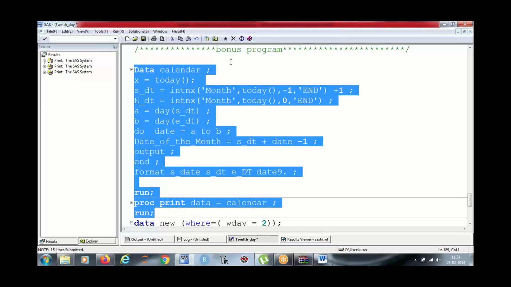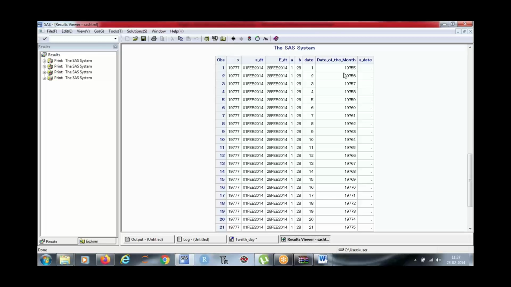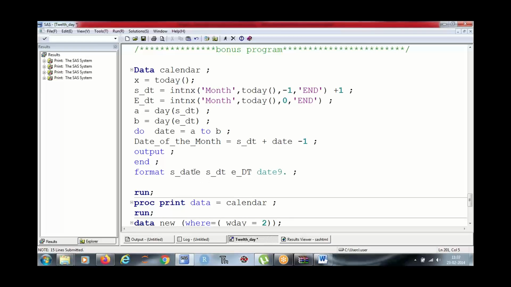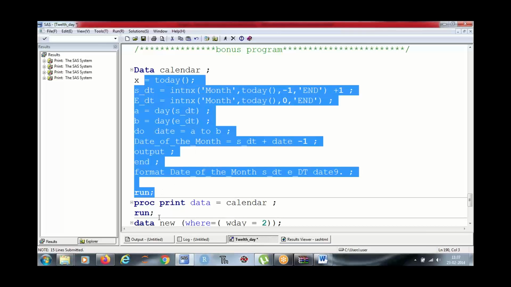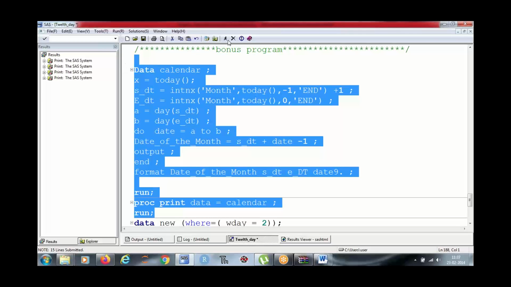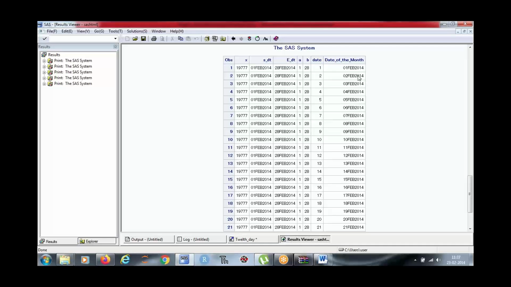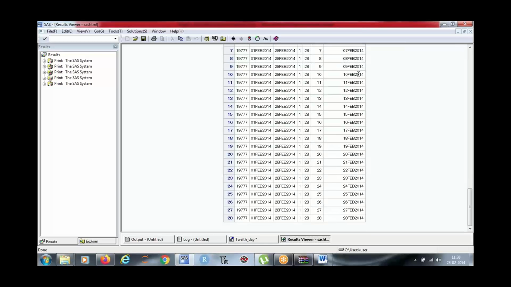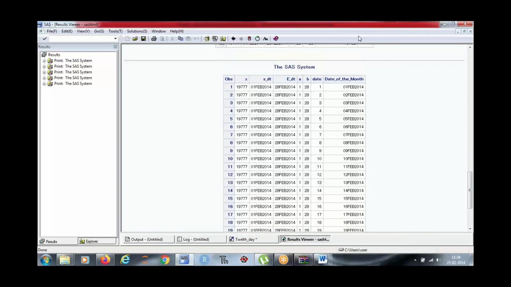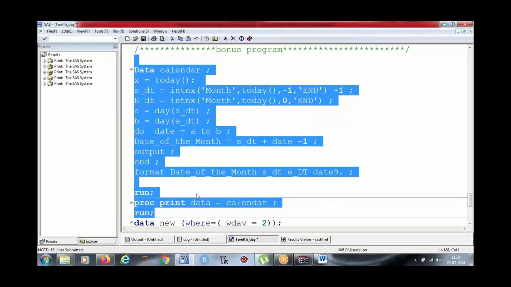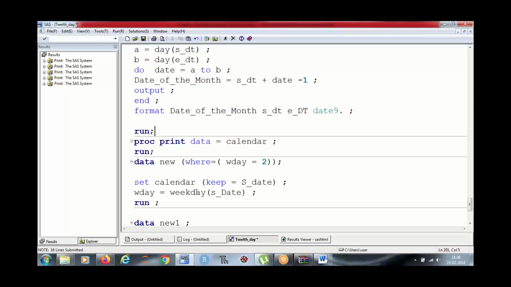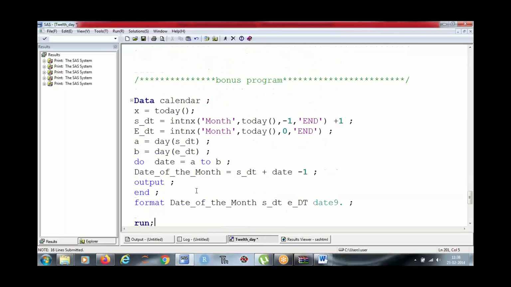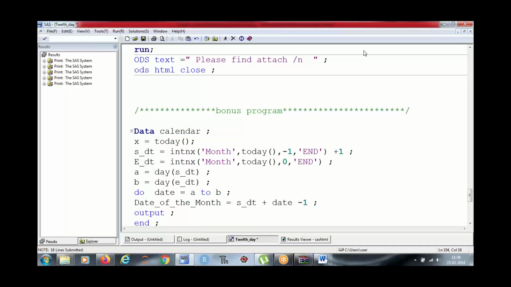That will make more sense. What is the S date? Any question?